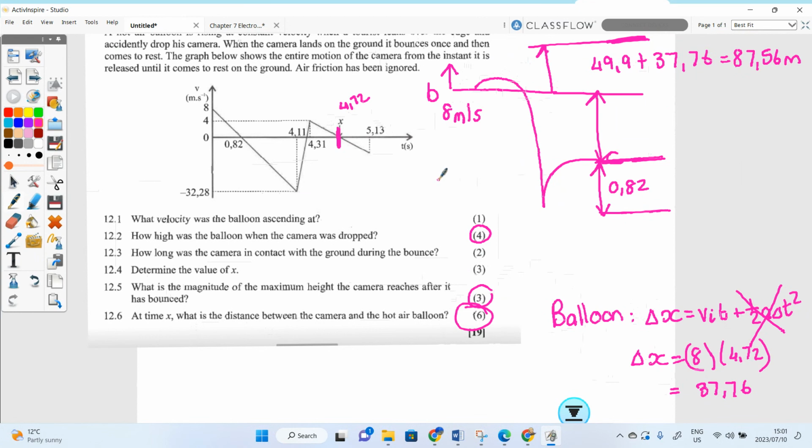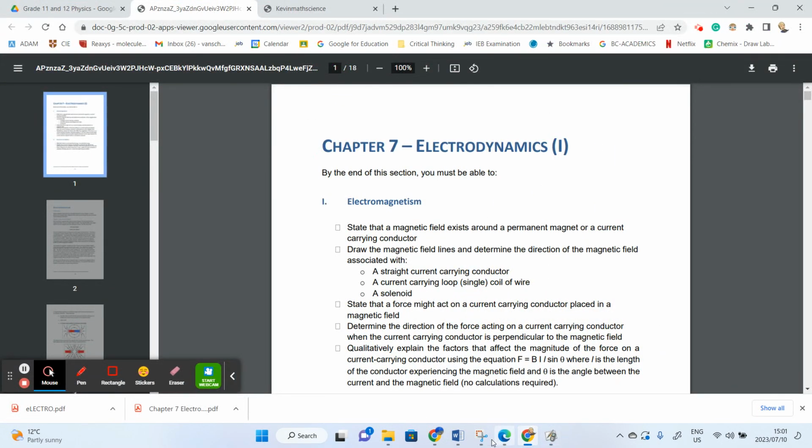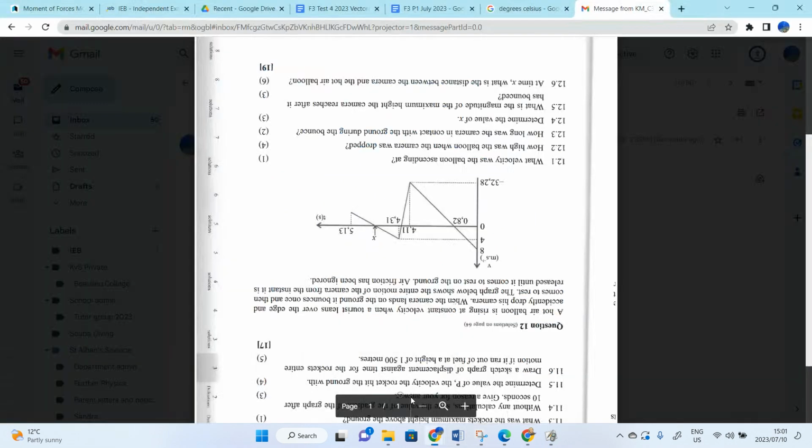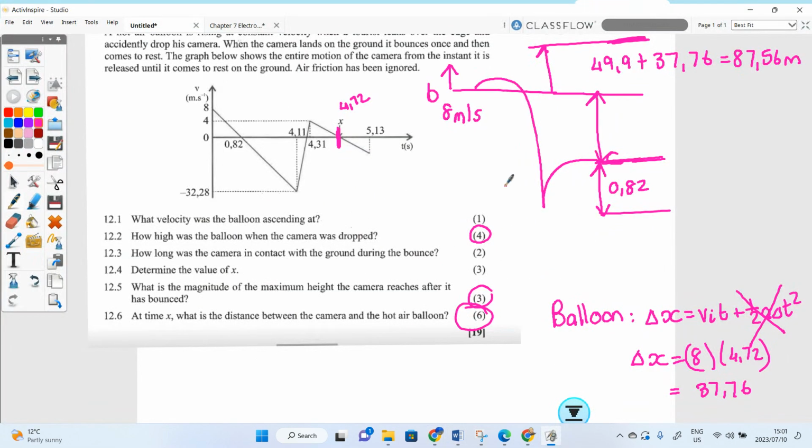Reaction time and catching up. Okay, are you guys fine with this question? Wait, now can you go back? Oh, yeah. So the final answer is 87.5. You have to add that. Minus, okay, so they ask, what is the distance between them? So the distance between them is the